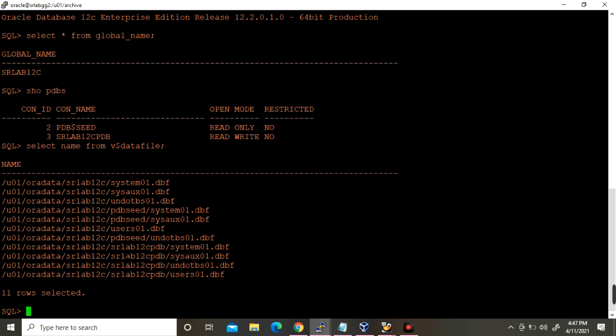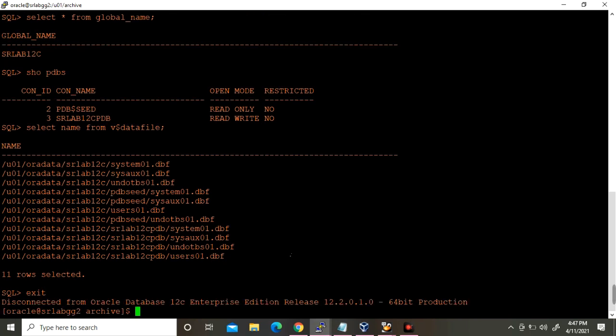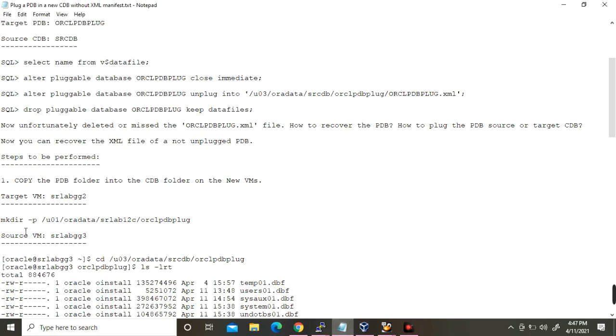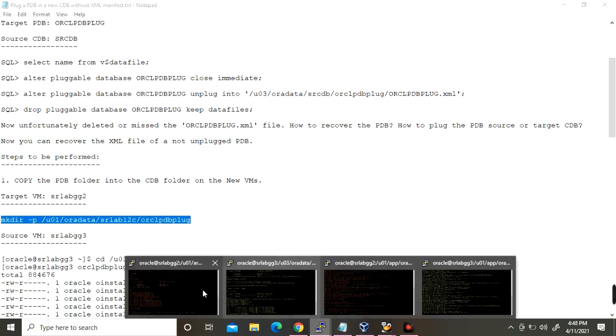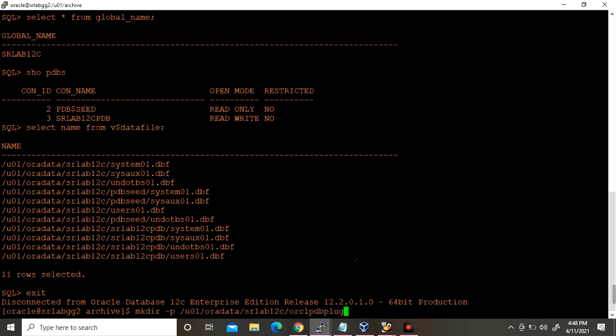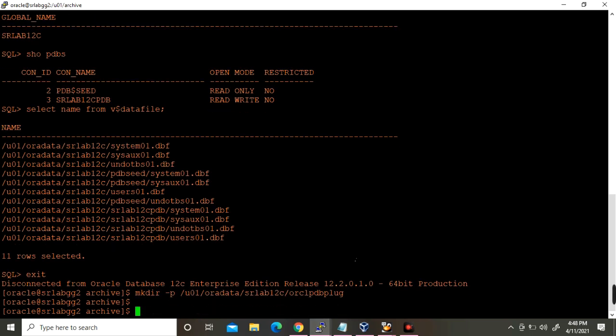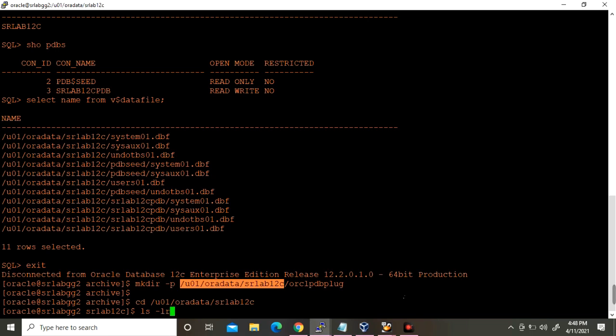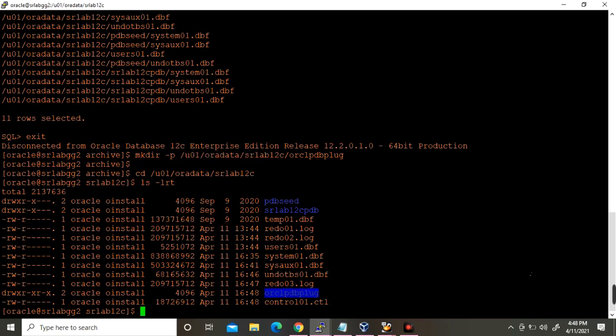I will come out and create this folder on the target side. Next you can go and check this folder. It is there. This is the folder we have created.